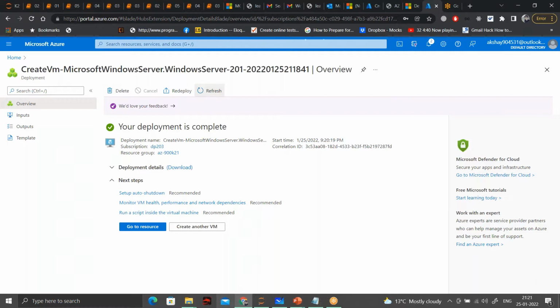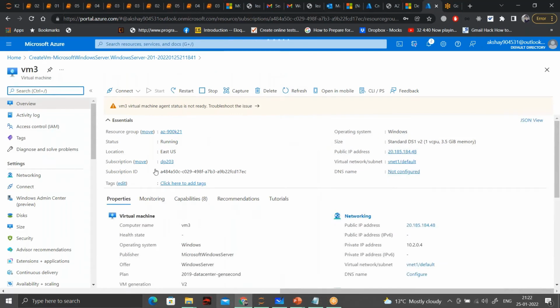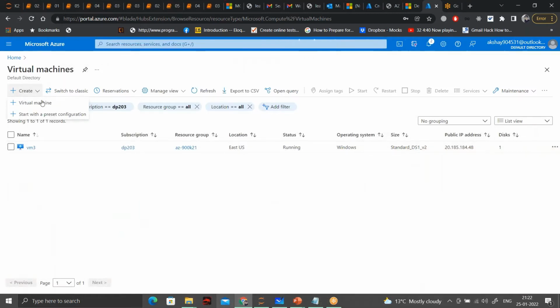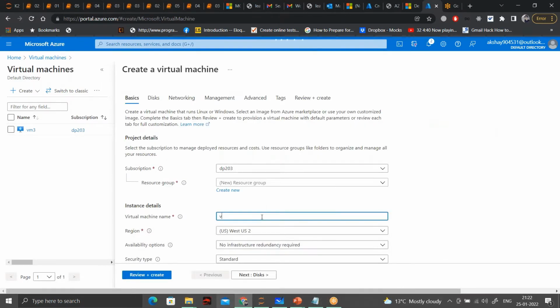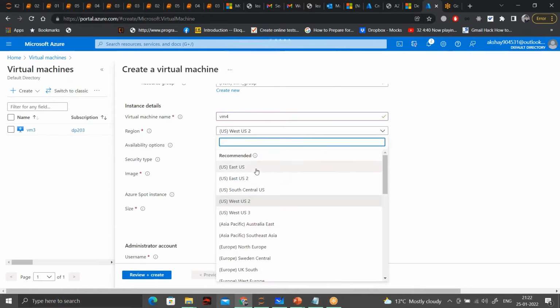Yeah. So this time, if you see, the virtual machine was successfully deployed. Let me create another VM now. So I'll just first check whether VM3 is deployed or not. So it is deployed in our virtual network. You can see the virtual network that I've selected is the one that I created in the starting of the lab. I'll go ahead and create one more virtual machine. I'll call this VM4. Let me keep it in East US only.